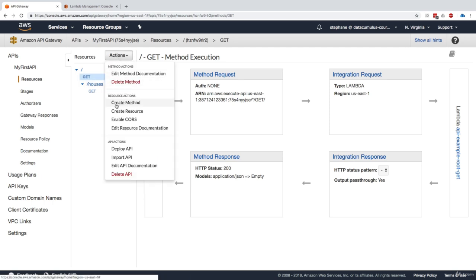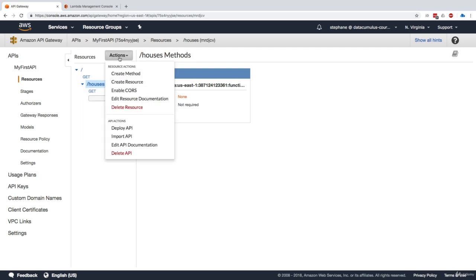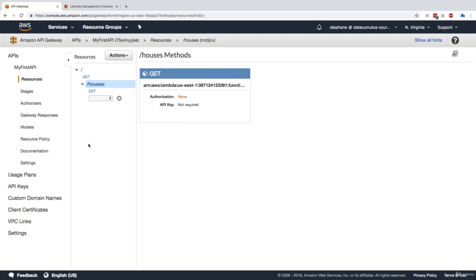What you should know is that there are methods and resources. Resources, again, are going to be paths within your API, and you can go as deep as you want. And methods are going to be anything around DELETE, HEAD, OPTIONS, PATCH, POST, and PUT. So that's it just for a slight introduction. Obviously, there's a lot more options we haven't seen yet, but a slight introduction into API Gateway and the integration with AWS Lambda. And I will see you in the next lecture.